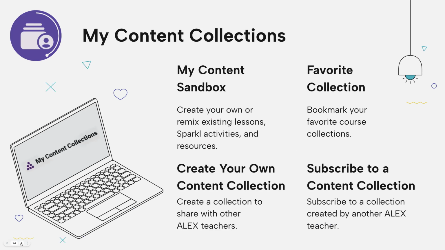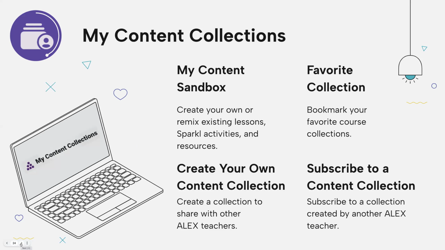Everything that you have seen so far today during our session, the standards, the resources, all of that, anyone can access on Alex without creating an account. So all of that you can get to just as we demoed today, without an Alex account. However, if you would like to personalize your Alex experience a little bit more, you want to customize what you see, and you want to start creating your own content, you do need to create an Alex account, which we'll talk about in just a moment.